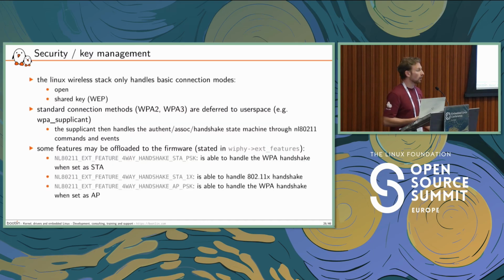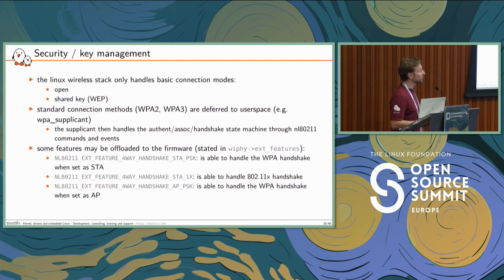A word about key management and connection in general. By default, your driver and the wireless subsystem in the kernel overall is not really able to handle by itself the standard ways of connecting to an access point today. It supports some open networks and some WEP networks, but please don't use it at home.